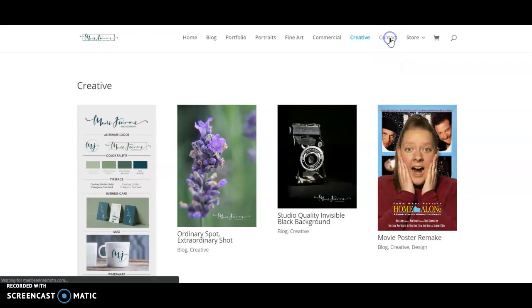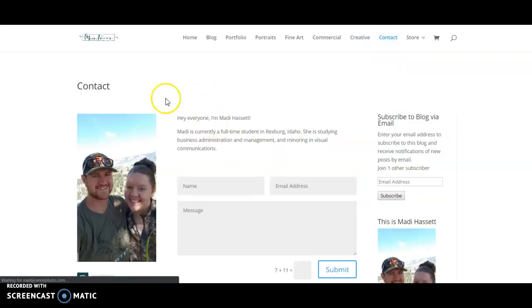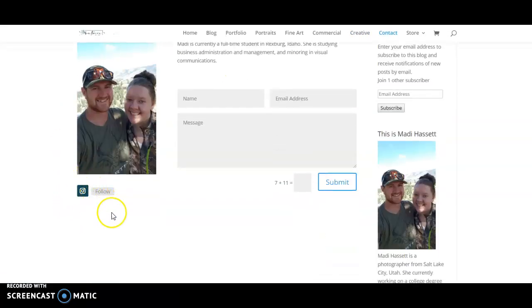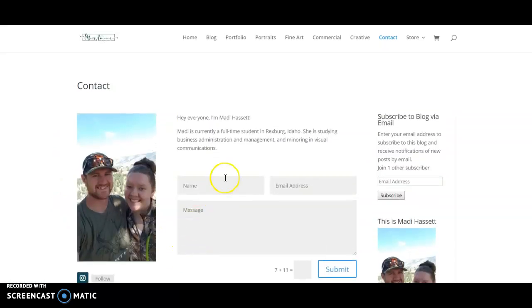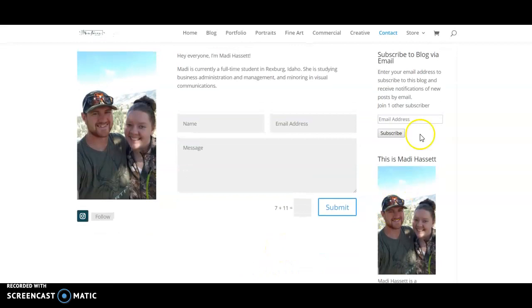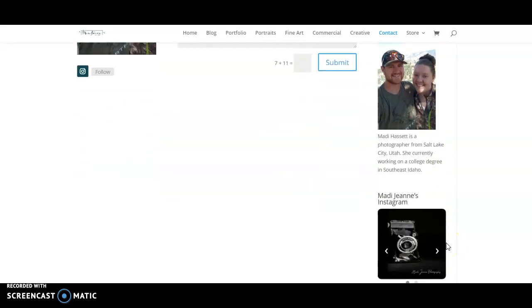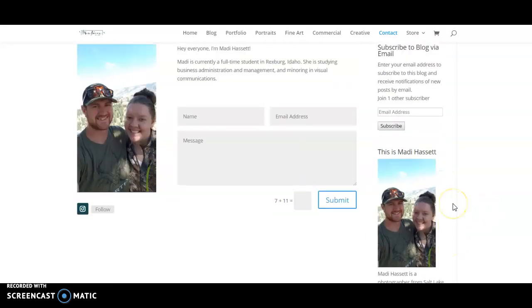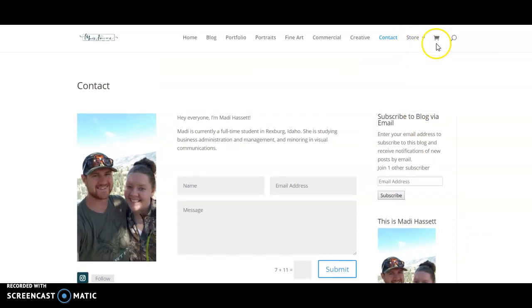And then we just have the contact page, which looks like most of yours. I have a picture, social media follow buttons, and then an easy way for people to contact me, and then the sidebar again with the Instagram slider. And then of course my store, my shopping cart,